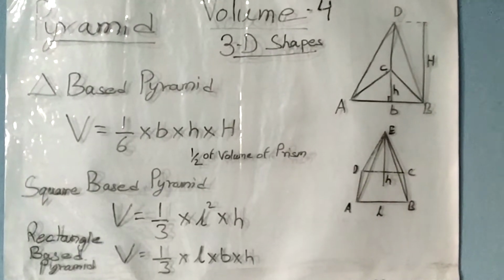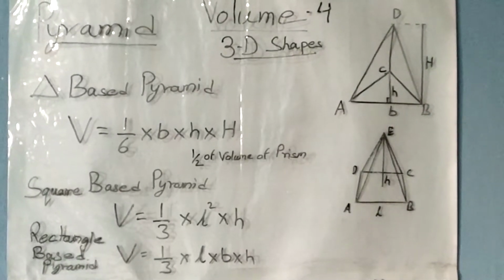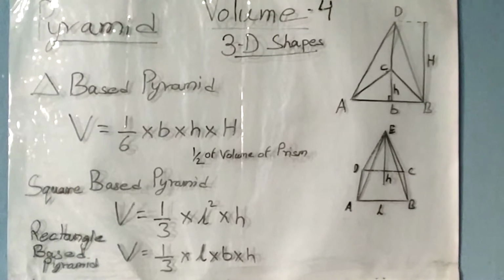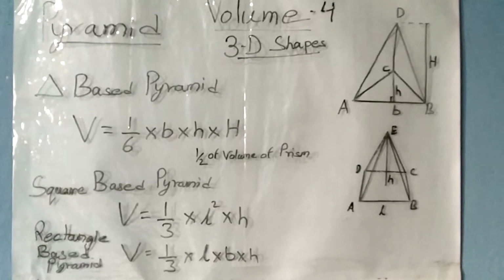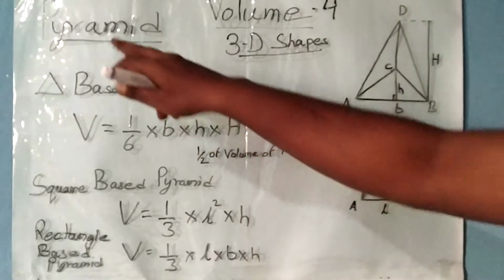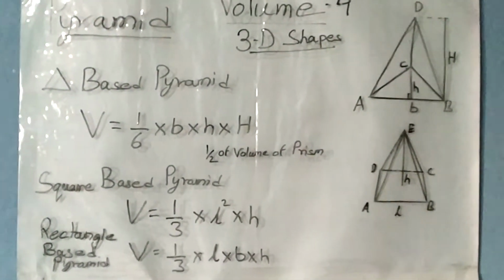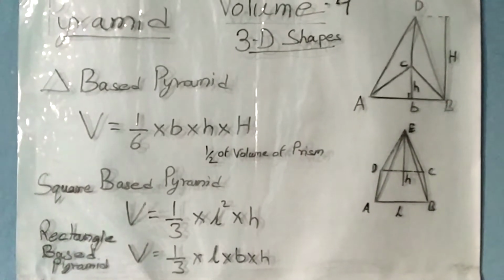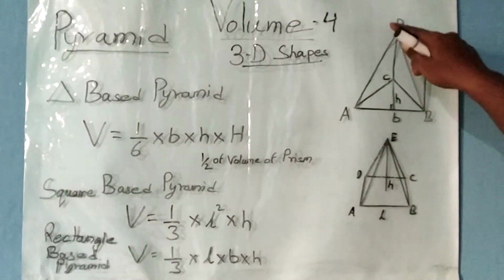In this channel we discuss interesting and main topics of math and science. Till now we have discussed different types of geometrical shapes and how to find their perimeter, area and volume also. Today we will discuss how to find the volume of pyramids. So friends, watch the video till the end so that the concept of finding the volume of a pyramid will be clear. This is the shape of the prism.